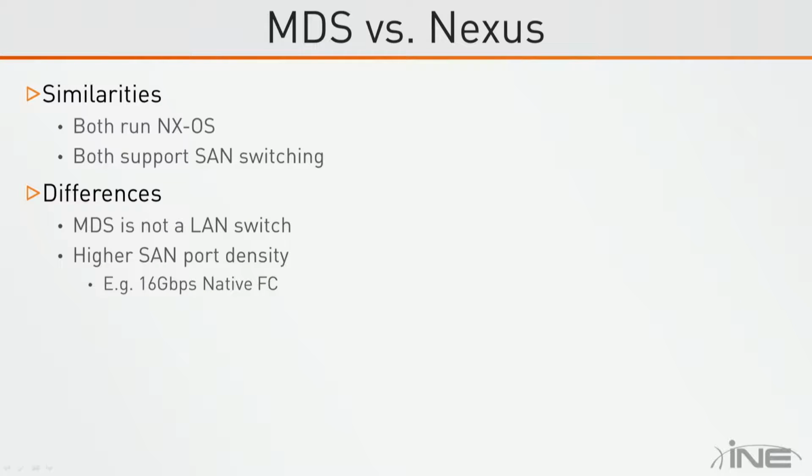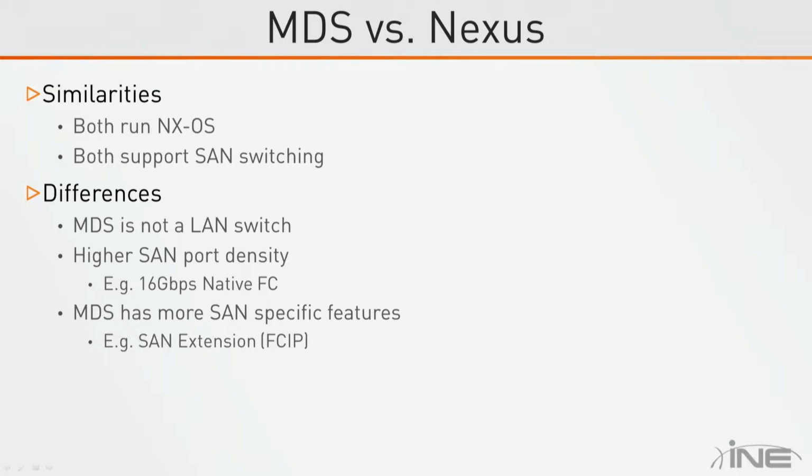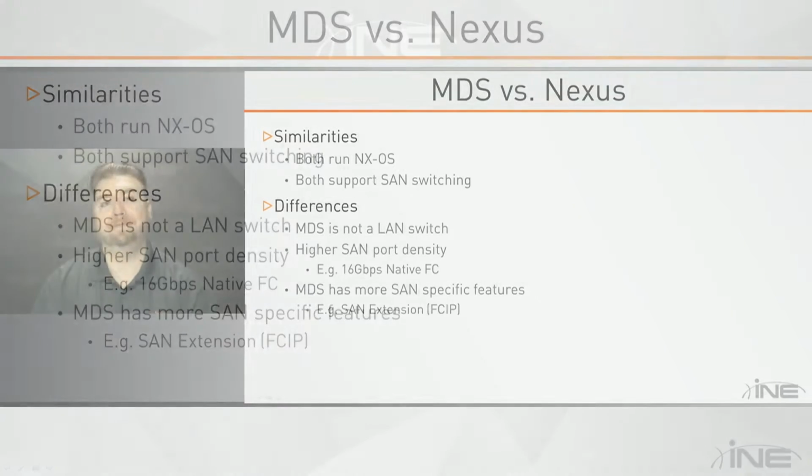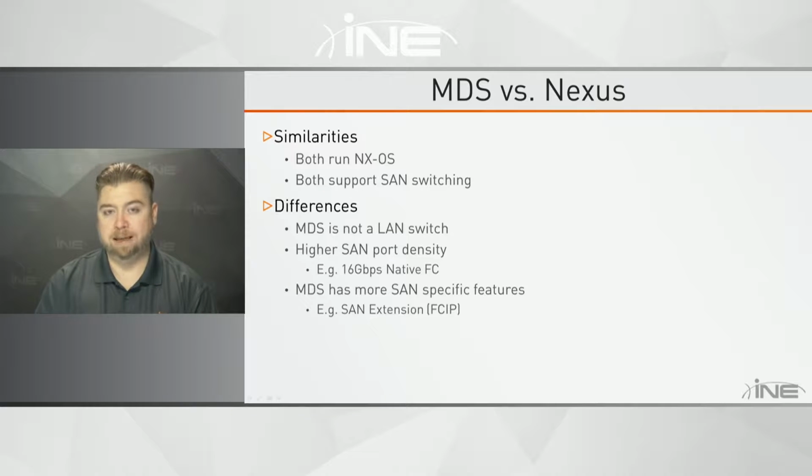So for example, if you want a lot of 16 gig native fiber channel ports, a lot of the times you'd be better off using MDS as opposed to Nexus. And then if you have very specific storage features, for example, SAN extension with a fiber channel over IP tunnel, there's going to be some features that are still specific to the MDS switches that are not available on the Nexus switches. But for the vast majority of implementations, they're going to be fairly similar, if not identical, for most